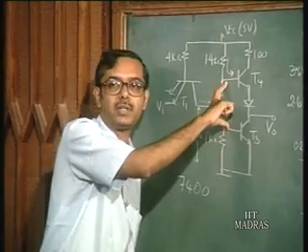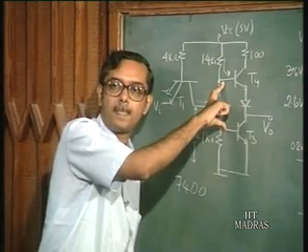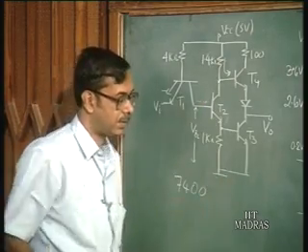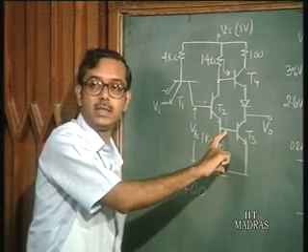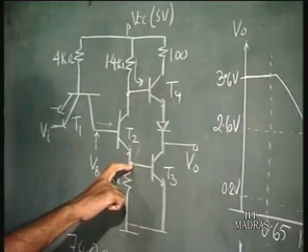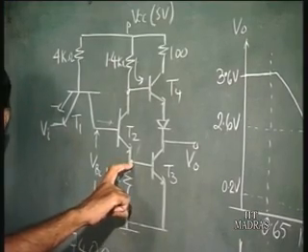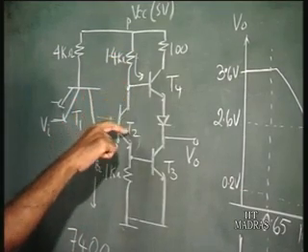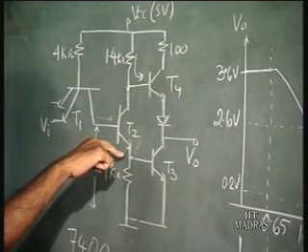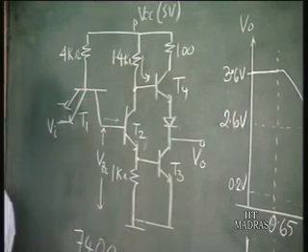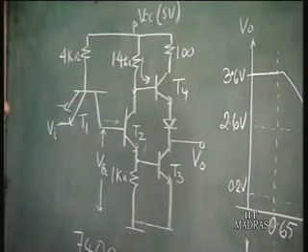And this transistor is in saturation, so here it is 0.75 volts. So what we want to know is what is the collector current of T2, or what is the current which is flowing here. So we can write,